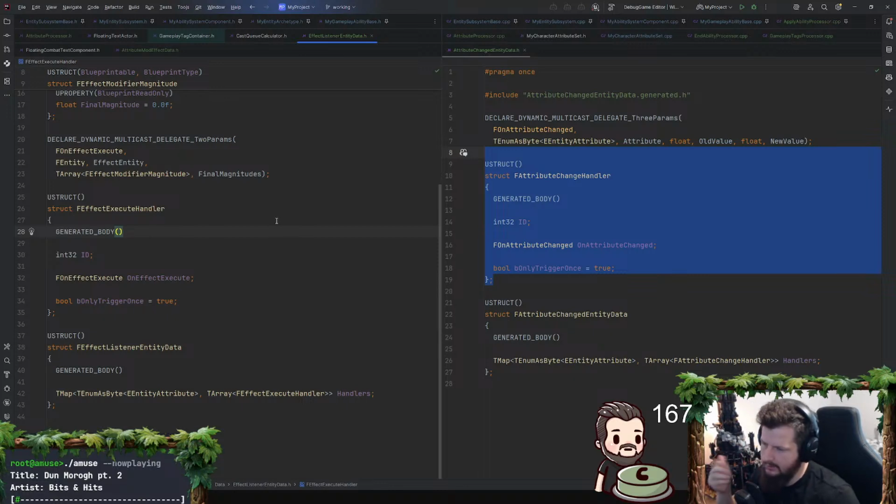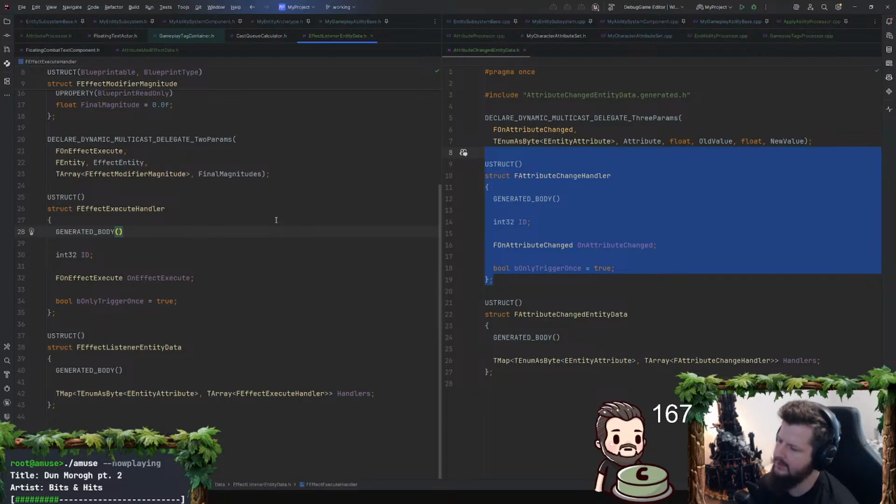Well, I could either do that, or I could pass in... I guess it would be like a type of... If I wanted to say just listen for damage events, I guess with this system, there's no way to explicitly do that.